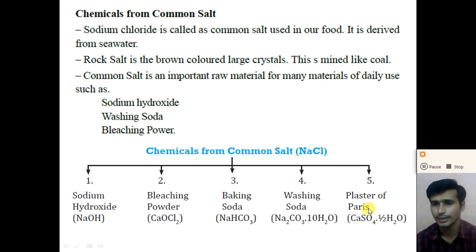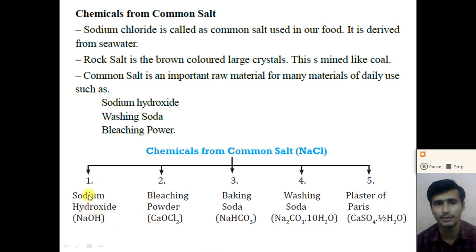And dear students, in this video we will discuss the preparation of these common chemicals which are derived from the common salt NaCl. So first of all, we discuss the preparation and use of sodium hydroxide, and the preparation and use of bleaching powder, baking soda, washing soda, and plaster of Paris. All these chemicals obtained from the common salt NaCl are very useful in our daily life. So where we use these chemicals in our daily life, we will discuss in this video. So dear students, let us start with the